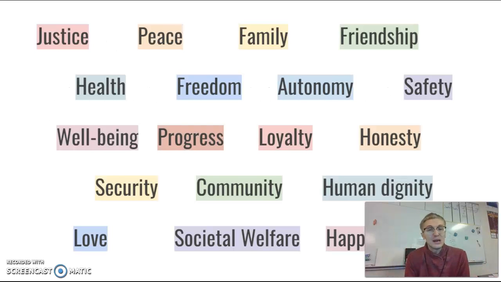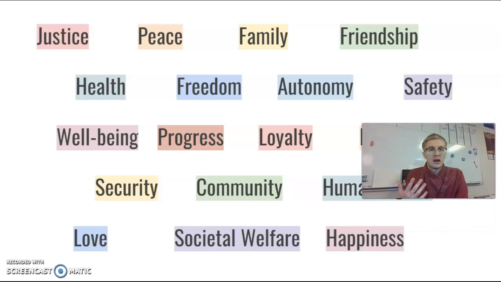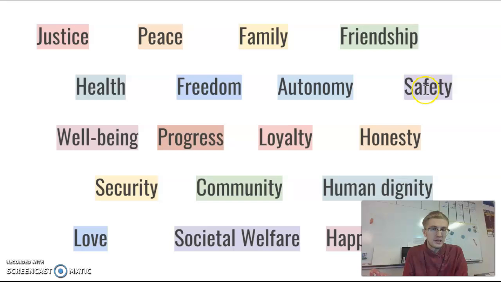I've got a list here of some different values that many of us hold in our own lives or are just held generally in society. You see things like justice, like we talked about, beauty. You also see things like friendship, family, well being, security. So some are more specific than others, like happiness down here is pretty general, whereas safety up here is a little more specific, right? It's not just about how good and much joy you're able to get out of life, it's about how safe your body is, right?